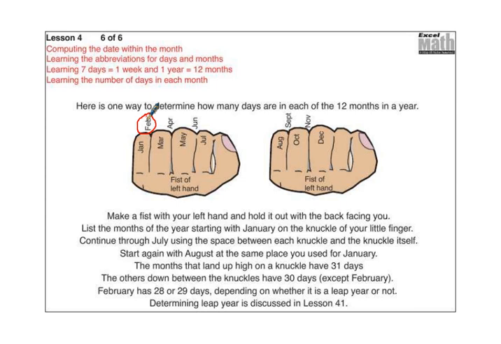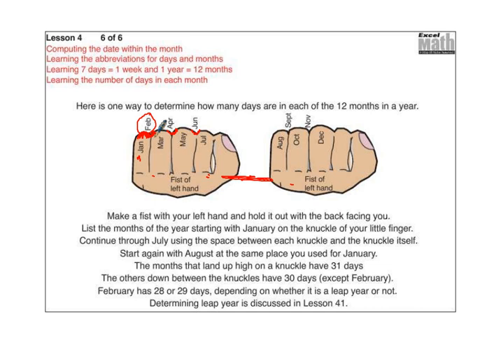I don't know if you guys have heard of this trick before, but you can actually use your fists to figure out how many days are in each month. Here's a picture of a person, their two fists right here, and the high parts, the high knuckles are going to represent 31 days, and the little dents in between are going to represent your 30 days. So January is going to be the first high spot, and that's going to be 31 days, and then your next low spot, which would be February, which would be 30, but of course February doesn't have 30, it only has 28,